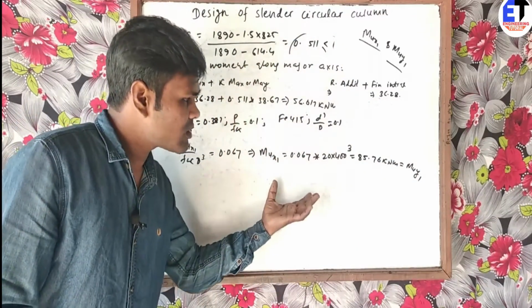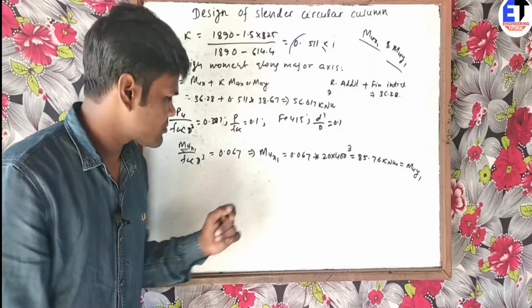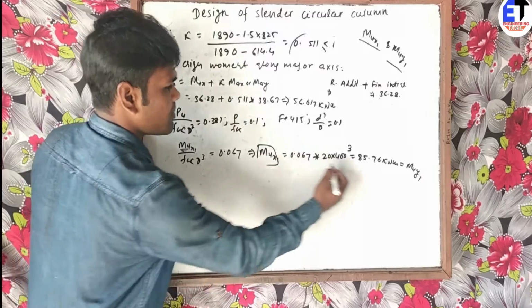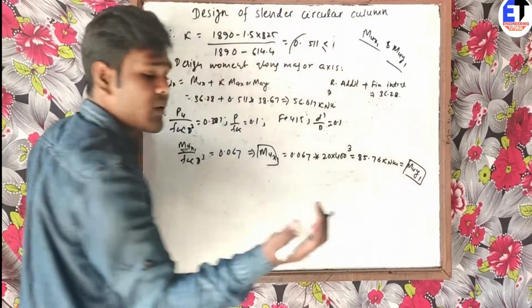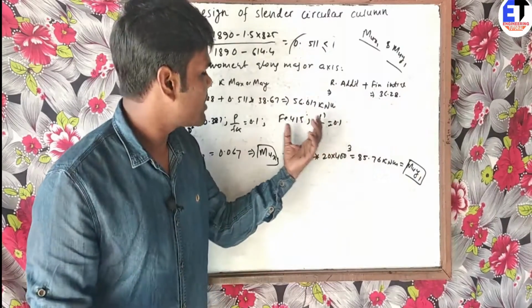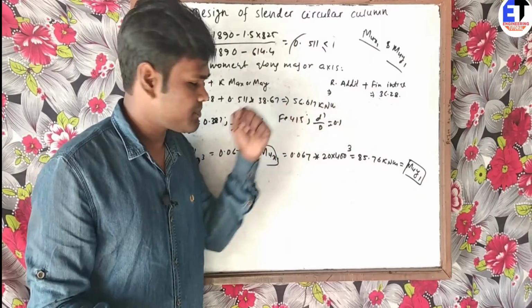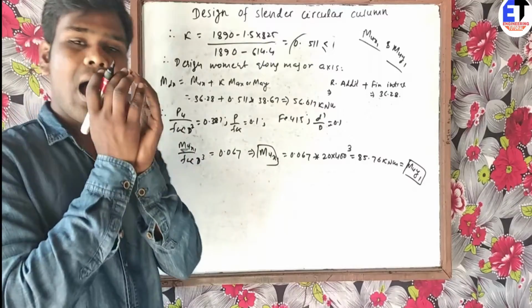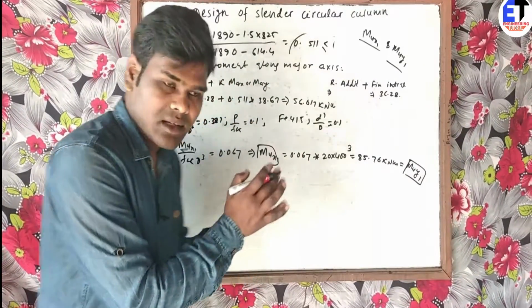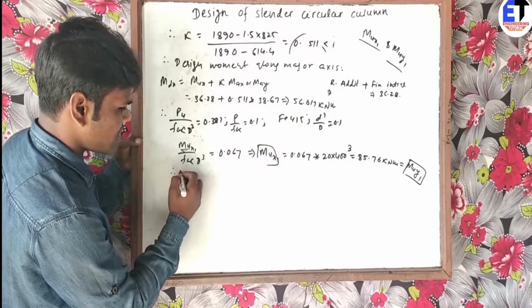Because in a circular column there is only one dimension. So this is the amount of moment that our section is going to resist for the bending moment. So whether our assumption of steel is sufficient or not, we can determine here. There is a formula for